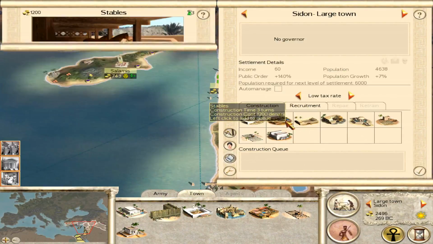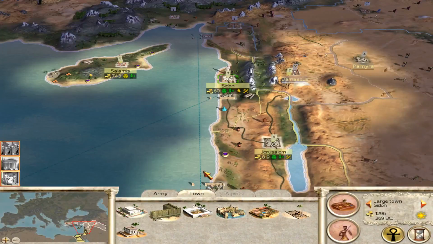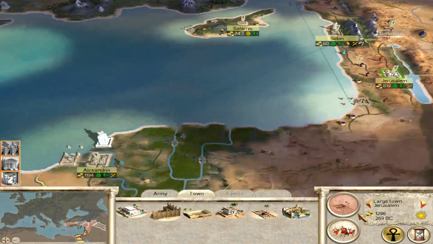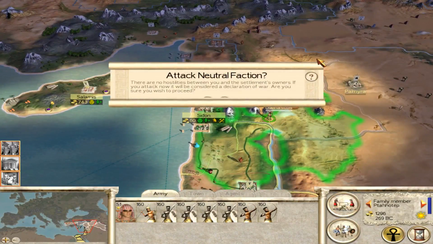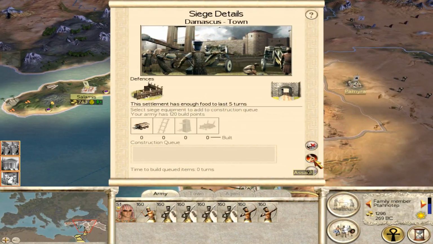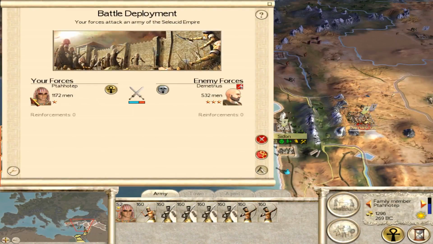And up here, I think desert cavalry is going to be the way to go. It's cheap, it's effective, I love them, they wield axes. Alright, so let's see, we're going to attack, and yes! My spy is going to allow me right in, so this is going to be my first battle with